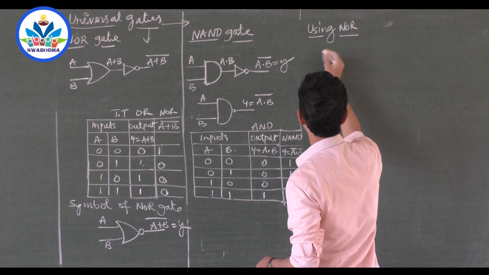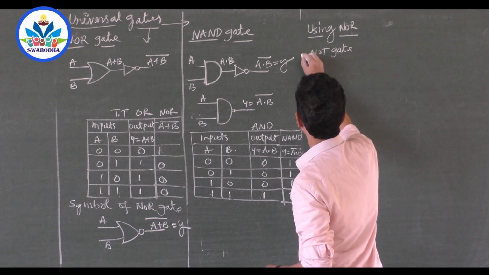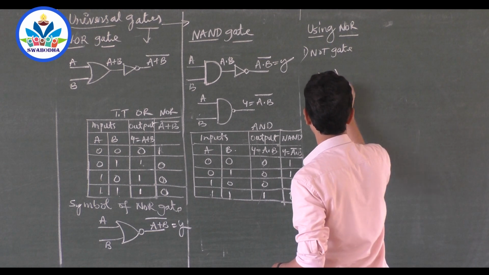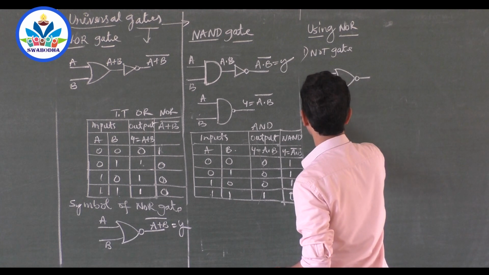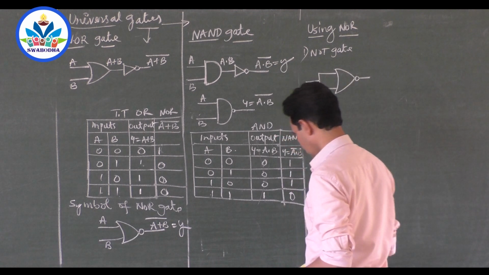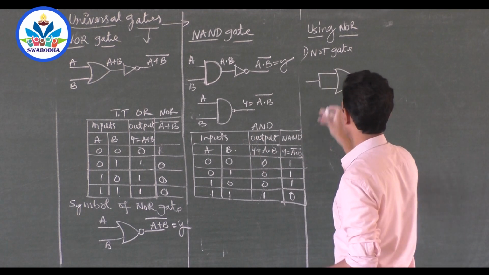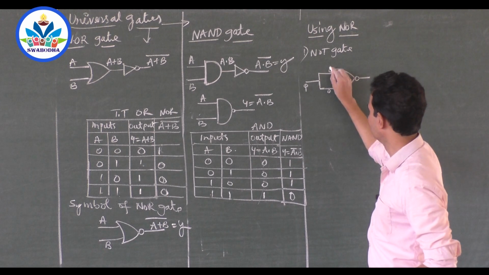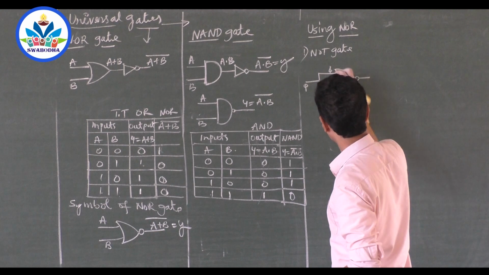Using NOR, we are writing a NOT gate. What you can do is tie the inputs of the NOR gate. This is NOR, correct? Tie the inputs, make it a single one. So when you make the inputs of the NOR gate single, see here, what happens? If you give 0 here, both will get 0. If you give 1 here, both will get 1. That's all. But will it act like a NOT gate, sir?